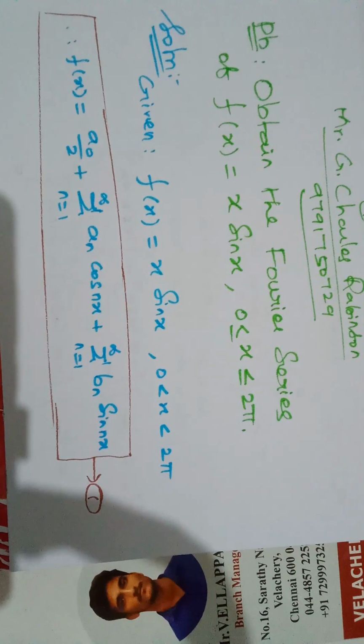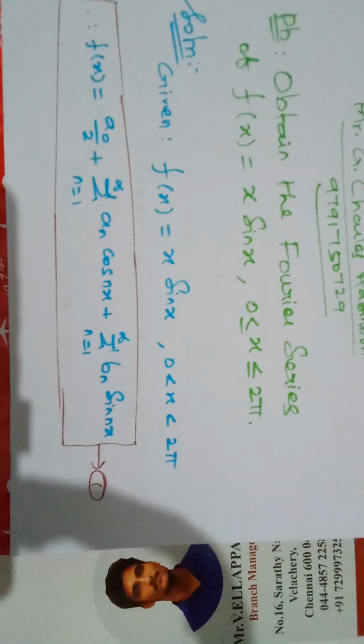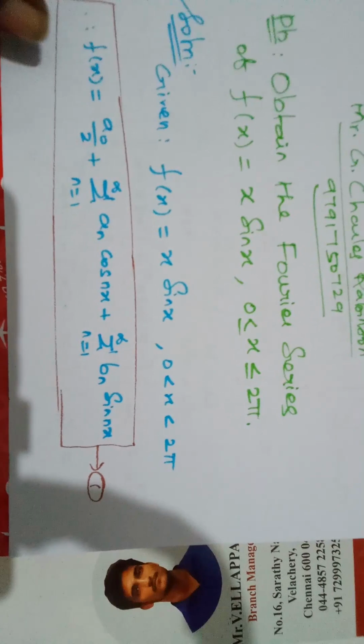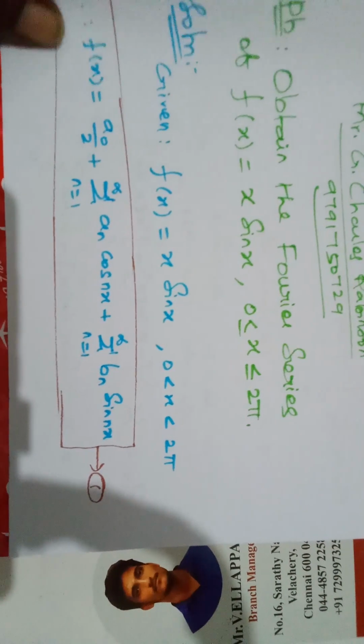So the Fourier series is f of x equal to a naught by 2 plus summation n equal to 1 to infinity a n cos n x plus summation n equal to 1 to infinity b n sin n x. So this is the required Fourier series. So this is the required equation. Okay, now